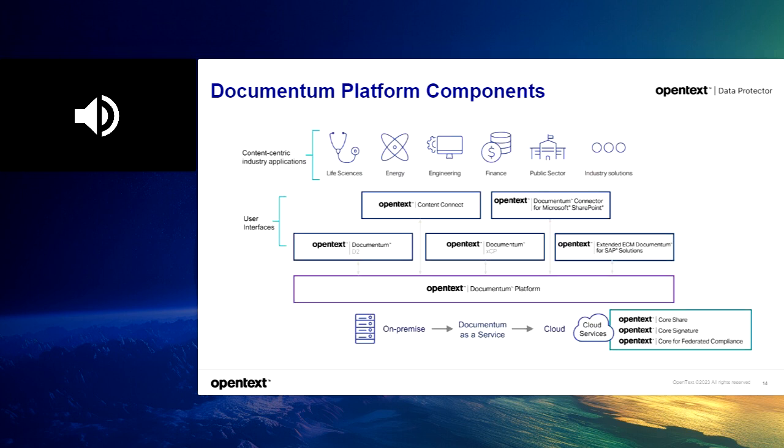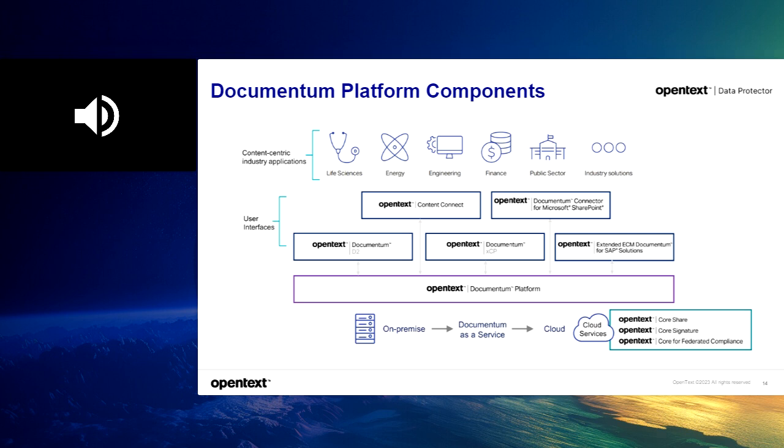So when we're looking at Documentum itself, there's a number of different content-centric applications. So we have various applications, and these are just some of the areas we focus on. So obviously finance, engineering, public sector. We would have individual applications that feed into Documentum. That would be driven by the Documentum user interfaces. So we've got things like D2, which is one of the most commonly used document integration user interfaces. We've also got a plugin for SharePoint, as I've mentioned before, SAP, and these all feed into the back end